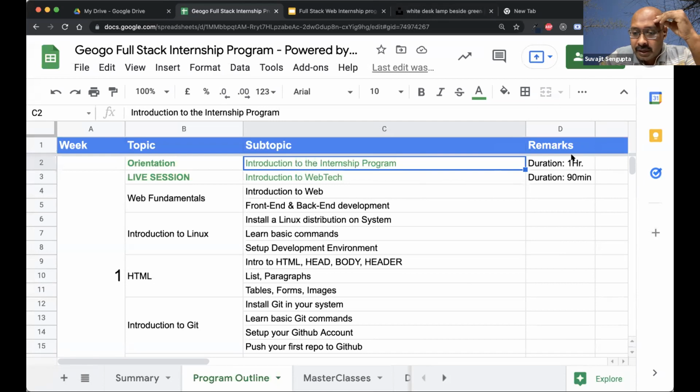Is it free, or should we make any payment? I don't know which one you are referring to, Sai Srinivas. I have done some course on React. Can I just submit the assignment, or is it necessary to attend the live sessions? That's totally up to you, Sanjay. But follow the course outline first, and see which things are done or not done. If you can speed up and pick up things faster, that's always good. We want you to go at your own pace, and whenever you are stuck, we are just guiding you and giving some direction so that you come out with a proper structure in what you have done.